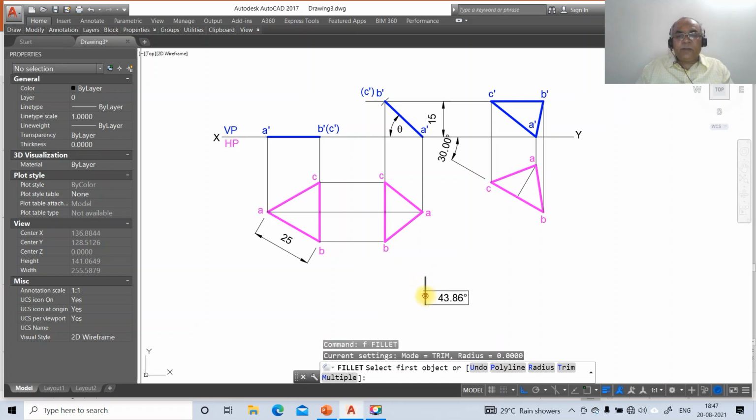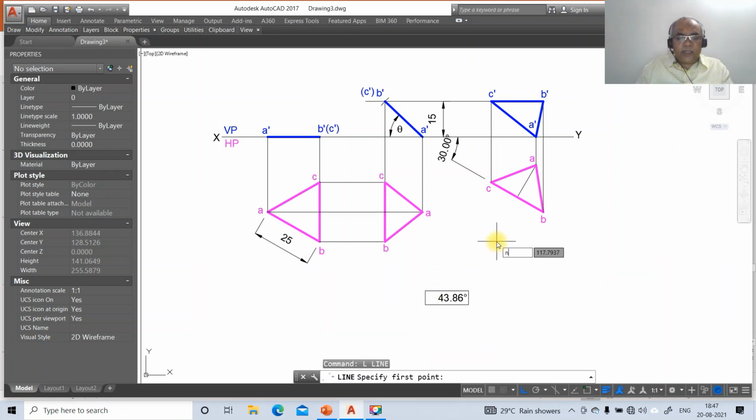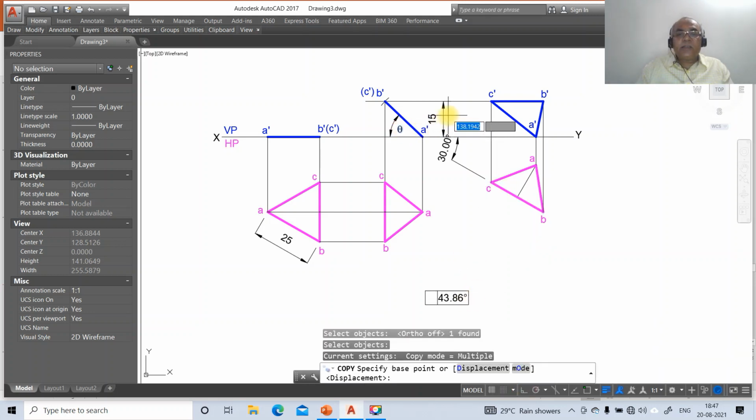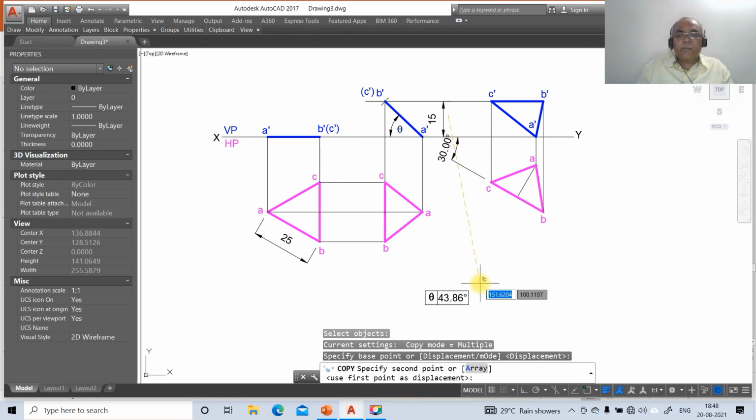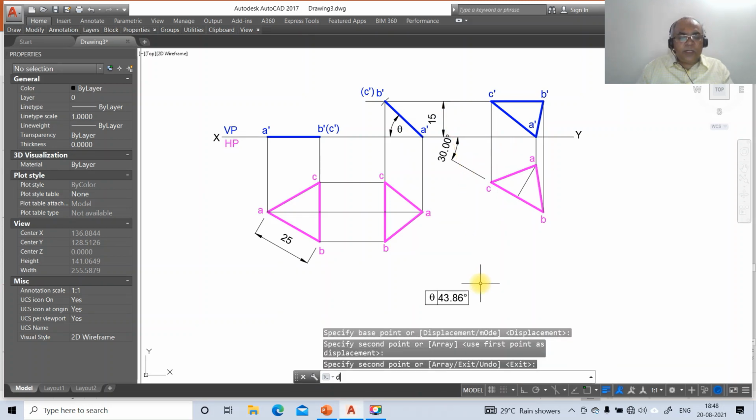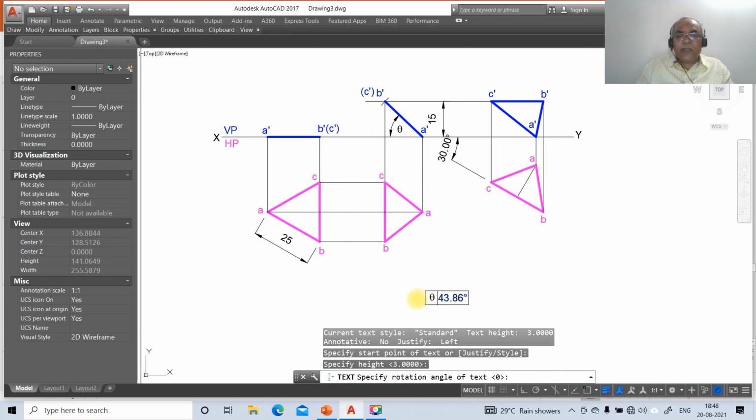So just go to fillet between these two, then go to line, take nearest on this and type perpendicular to this line. Then go to copy, switch off the ortho mode, select this and copy this here, and then go to D text, here you type answer.